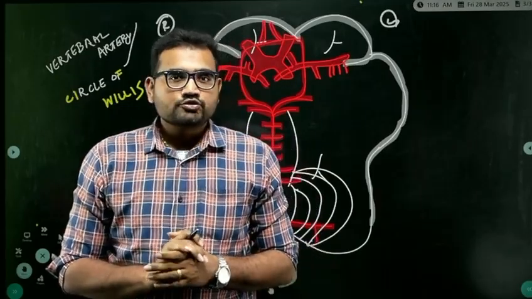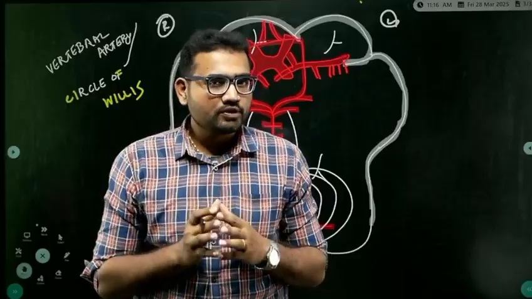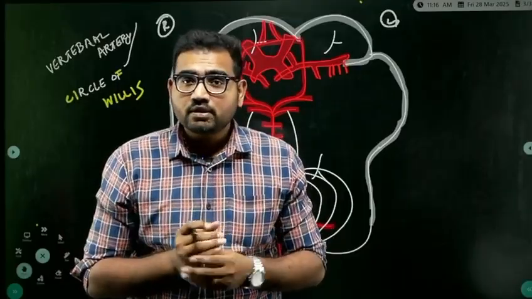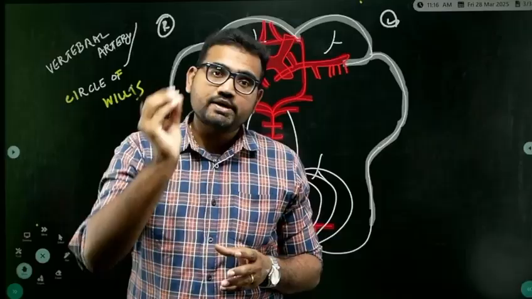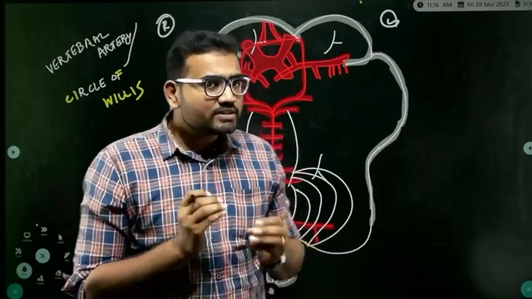So vertebral artery, as we all know, is a branch of the subclavian artery. It passes through the cervical vertebrae, and it enters the brain. So in the cervical vertebrae,